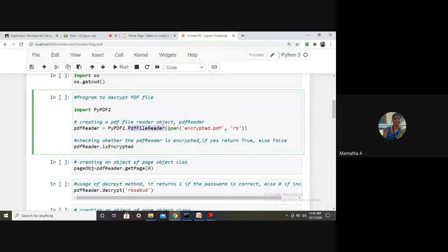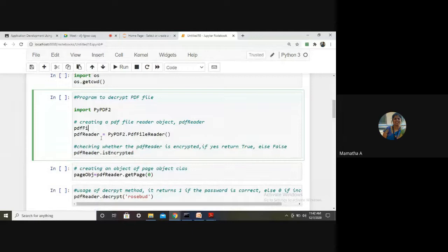Instead of writing two lines, I could have written it like this: PDF file equals to this, and what should I pass here? The file object. Instead of doing this, it is clubbed in a single statement.